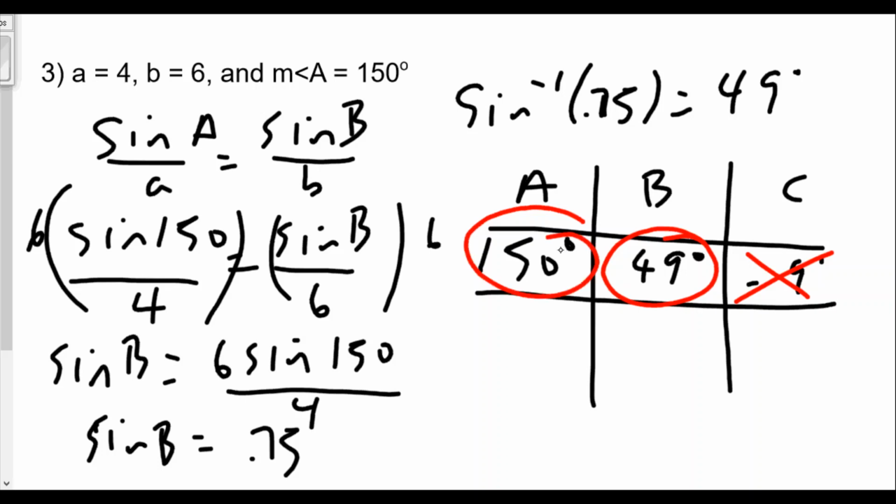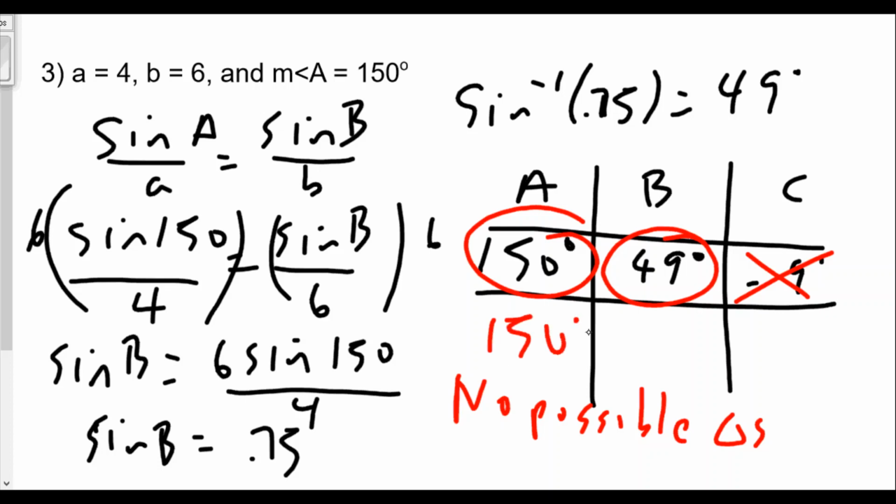Here we have a situation where there are no possible triangles. Now you say, what about the supplement? Well, if I did 150, and the supplement of 49, which we said was 131 degrees, even more so, not possible. So we can have situations where we do everything right and we don't get any measurements. So let's go on to our question number 5,